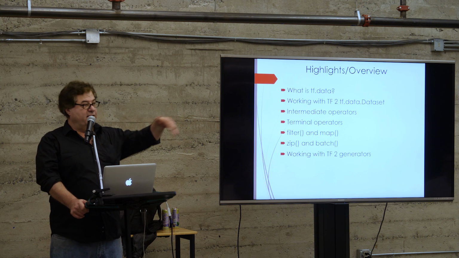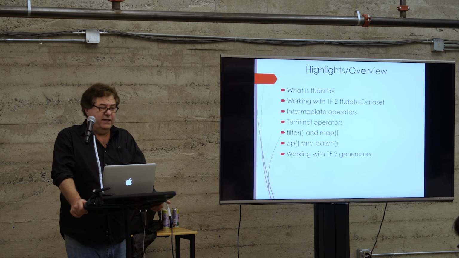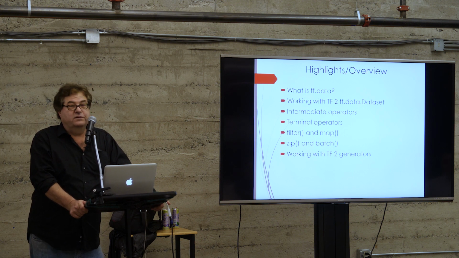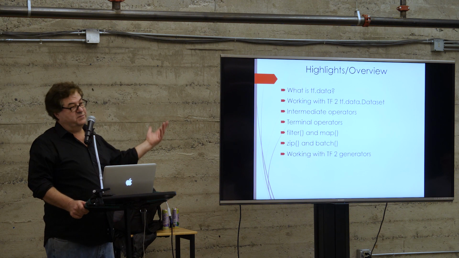The code in the final versions of TensorFlow 1.x, the Keras code, looks the same for the most part, but there are some differences, specifically with the tf.keras data content. So that's what we're going to look at: TF2, tf.data, Keras sort of stuff. The next question I have is, how many people have done functional reactive programming? Yeah, well then this is going to be very, very familiar to you. It's going to be kind of a subset of that.